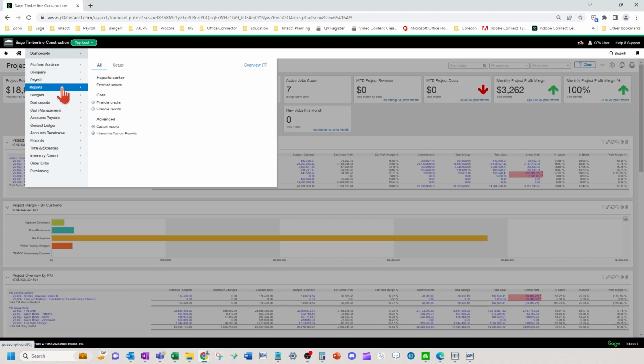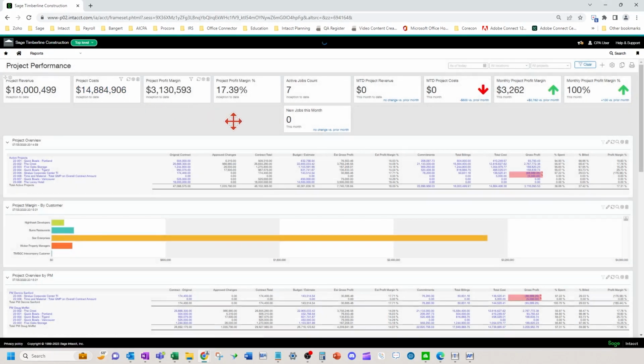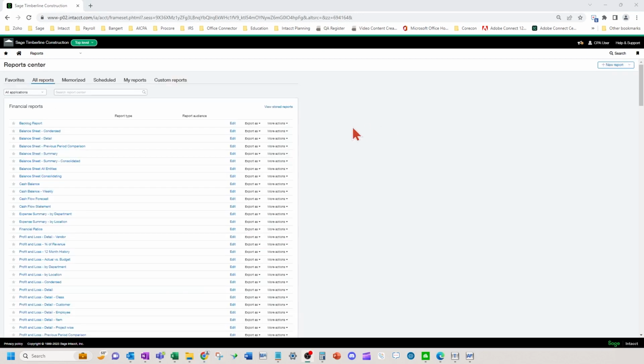You can do a schedule. You can email the report on the top of the reports, and you can do a few other things as well. So I'm going to jump into the report center here and show you how to schedule a report to go out on a regular basis. Let's say I want this balance sheet detail to go out on a regular basis. I'm in my report center. I'm going to come over here to more actions, and I'm going to edit the schedule.